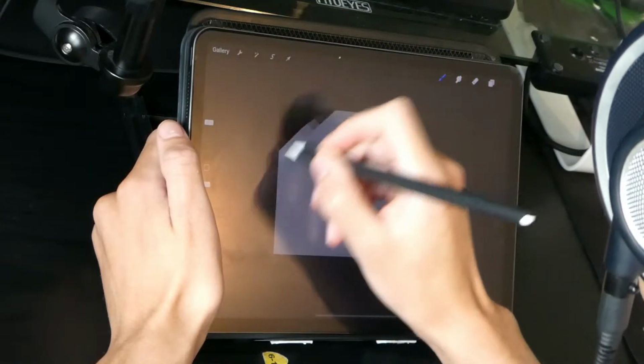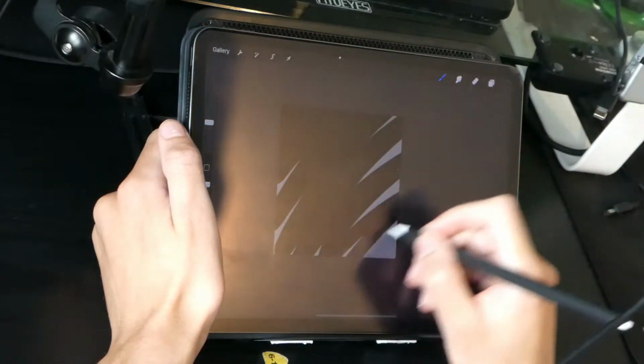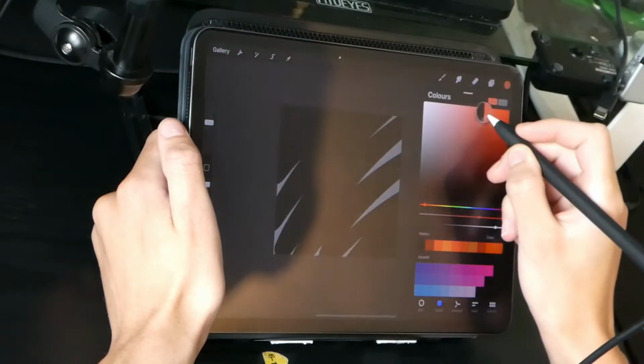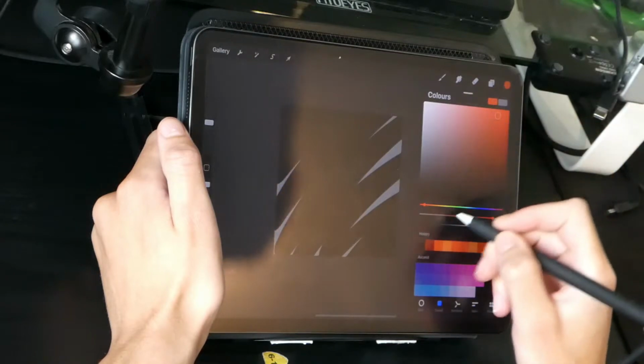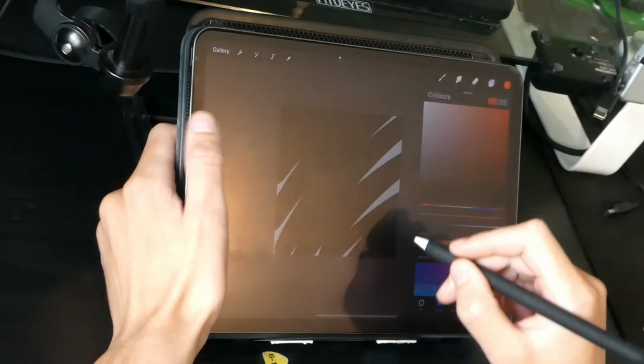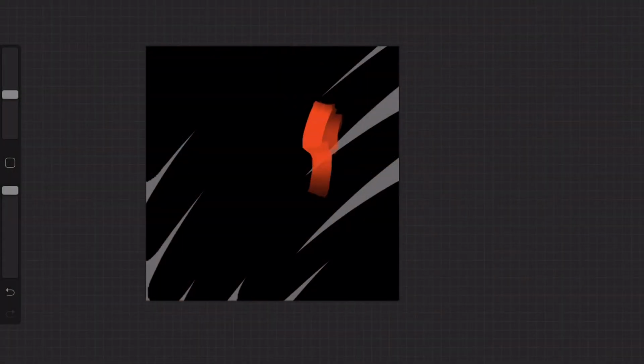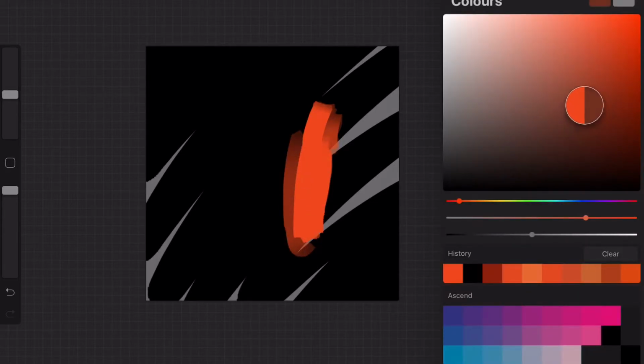So for this one I want to start with a dark background to show off the lights on the face, and I really want to focus on that colour dynamic, so those are the first things I'm going to get in, is just those colours, getting the nice bright reds on the right side of the face, and then we've got nice cool almost purples on the inside of the face,